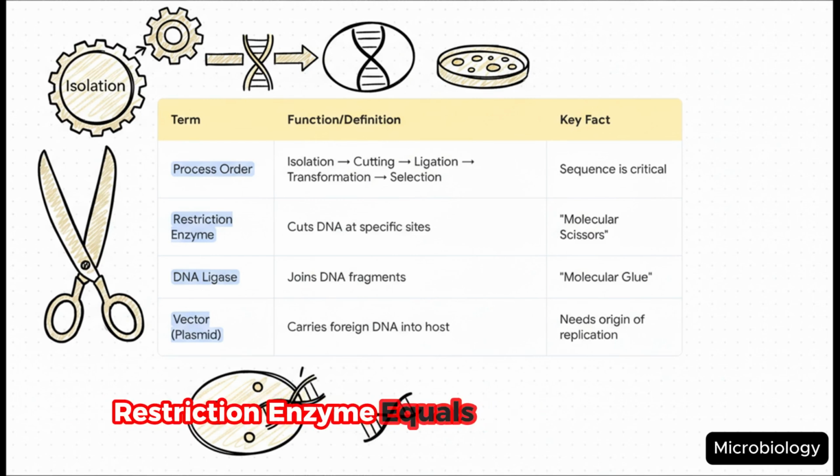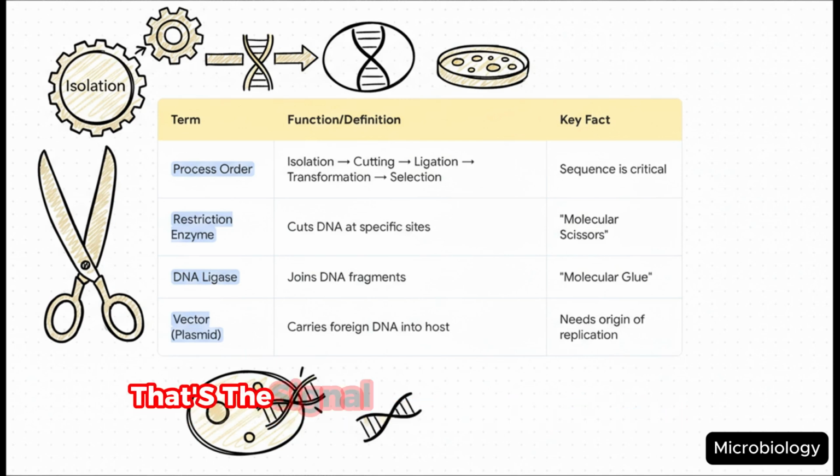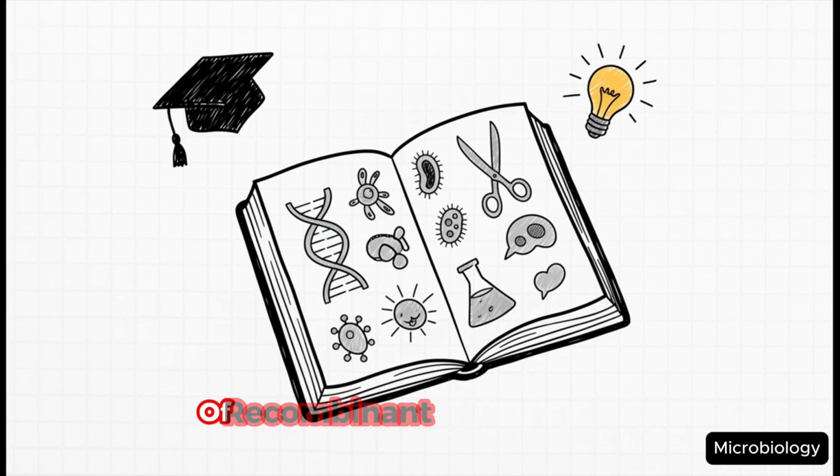Second, your key players. Restriction enzyme equals molecular scissors. DNA ligase equals molecular glue. And your vector, usually a plasmid, is the delivery truck. And the key fact about that vector? It must have an origin of replication. That's the signal to the host cell to start copying, ensuring our gene gets passed down. And that covers the essentials of recombinant DNA